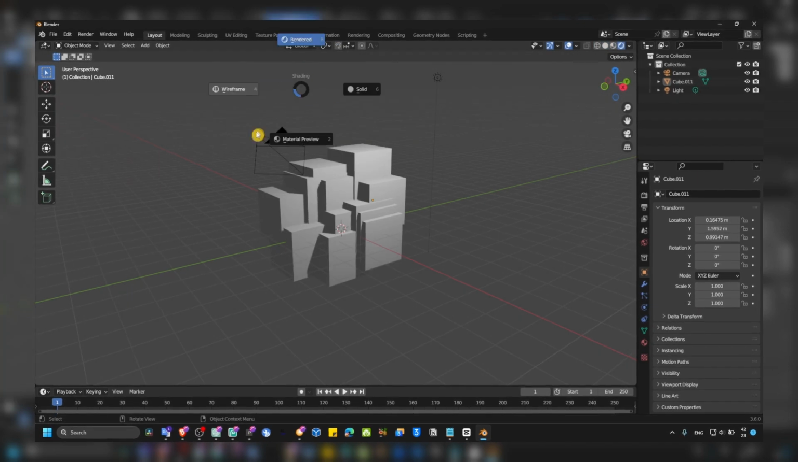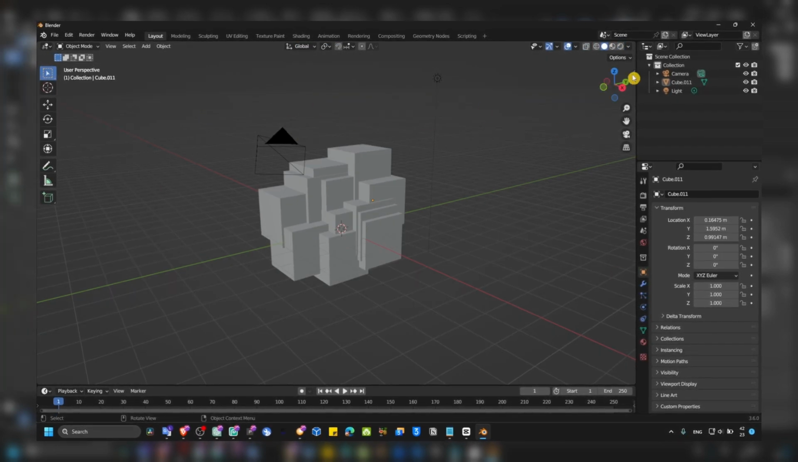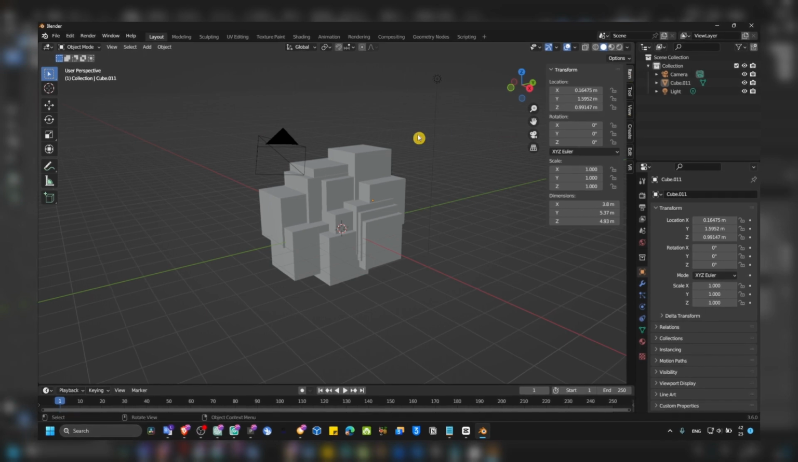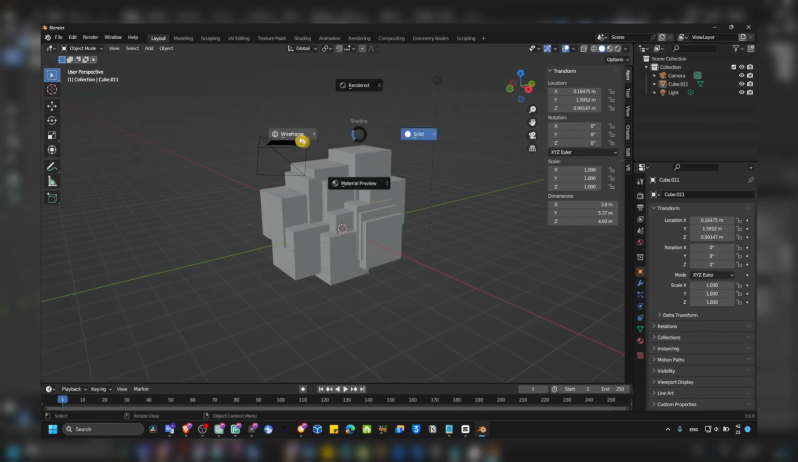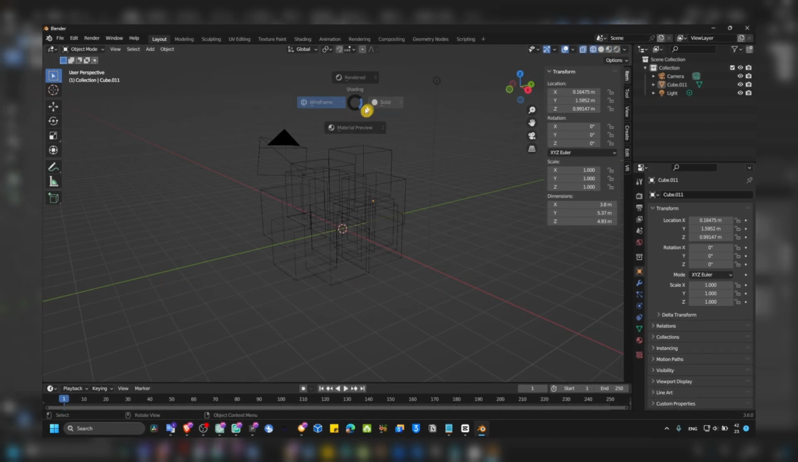So make sure you are using Z, make sure you click on Z if you want to be fast, if you want to increase your productivity